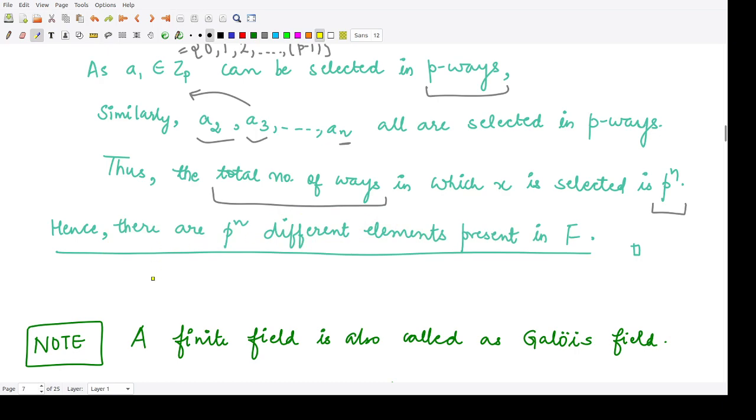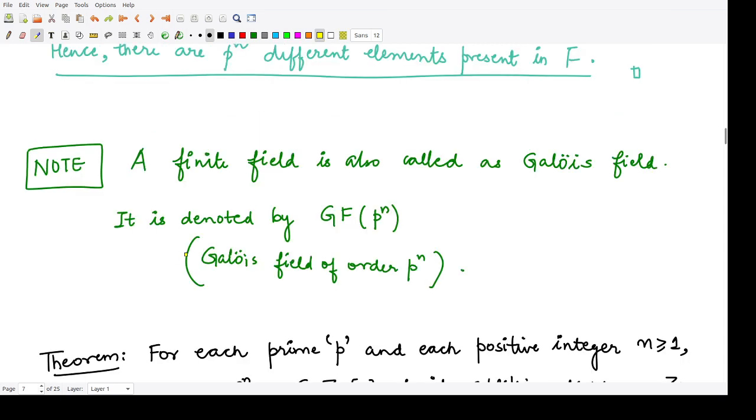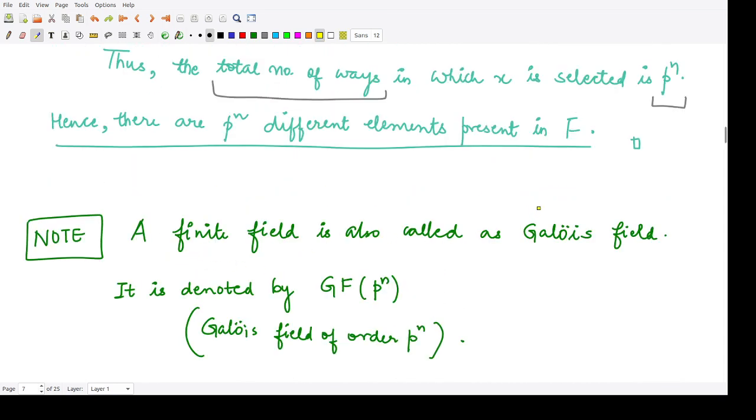Next thing you should note is that any finite field is also called a Galois field. Note that we write this as Galois field, given by the mathematician Galois, but we pronounce it as Galois, right?